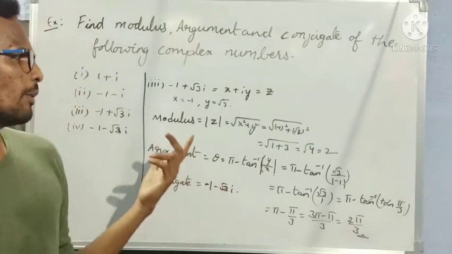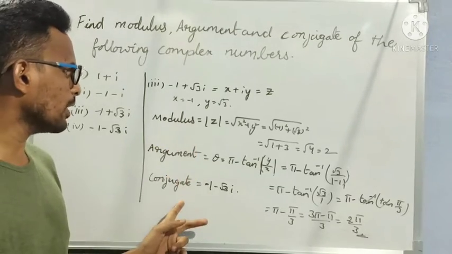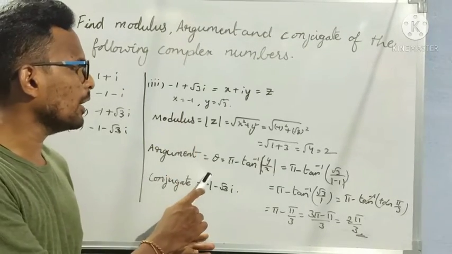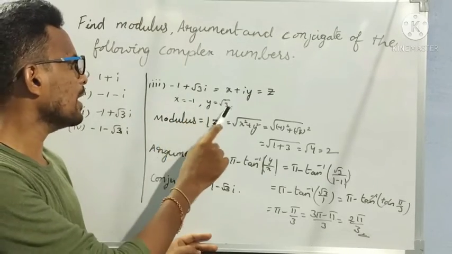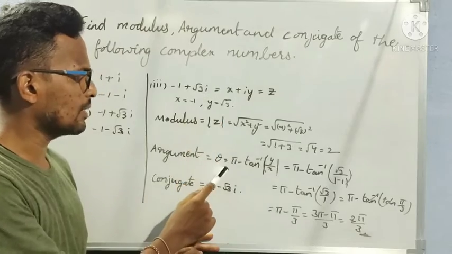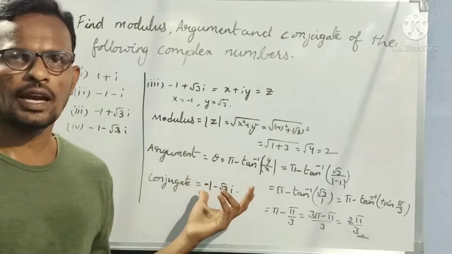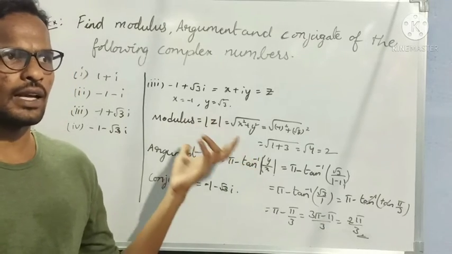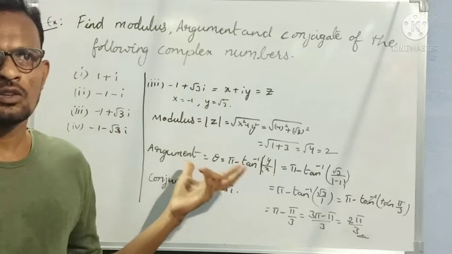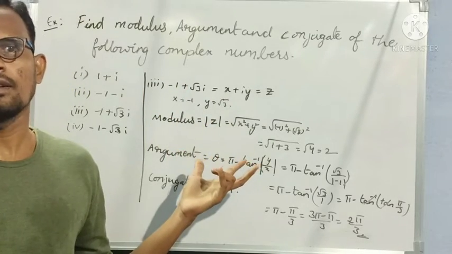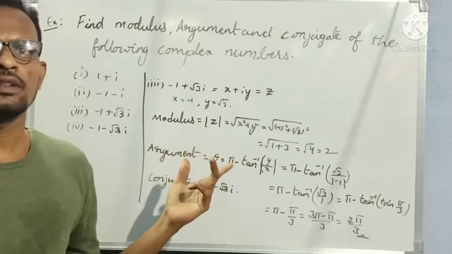I hope everybody understood how to find out modulus, argument and conjugate. Modulus and conjugate are very easy. Only for finding argument you have to be very careful with the quadrant. By seeing the x value and y value we have to decide which quadrant it is, and take the related formula to get the argument value. So argument calculation in 4 quadrants is very important. Watch that video, which is necessary for finding argument, and you will never be confused.